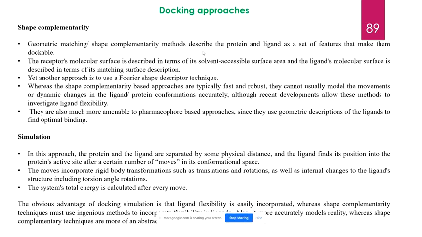Through SDM, site directed mutagenesis. That means we simply take a particular clone of the protein and make some important mutations. Suppose you see that your ligand is binding to the arginine domain. Obviously, you have to take the clone of the protein and mutate the arginine residue to alanine or some other residue. Generally, we mutate with alanine.